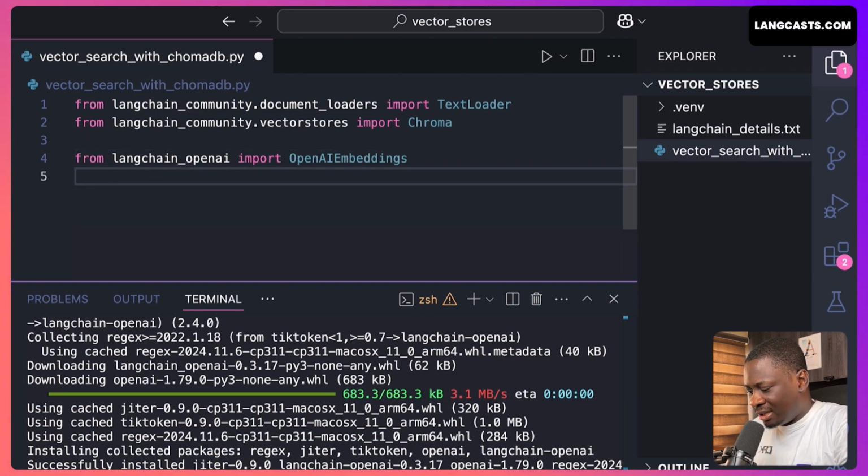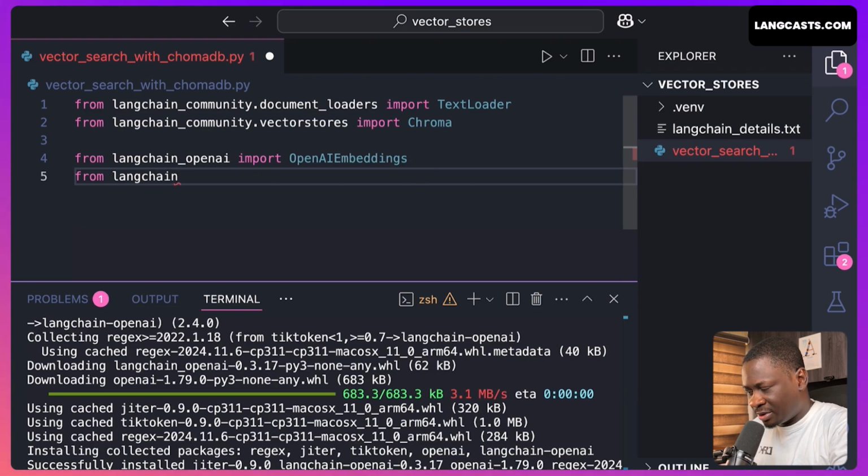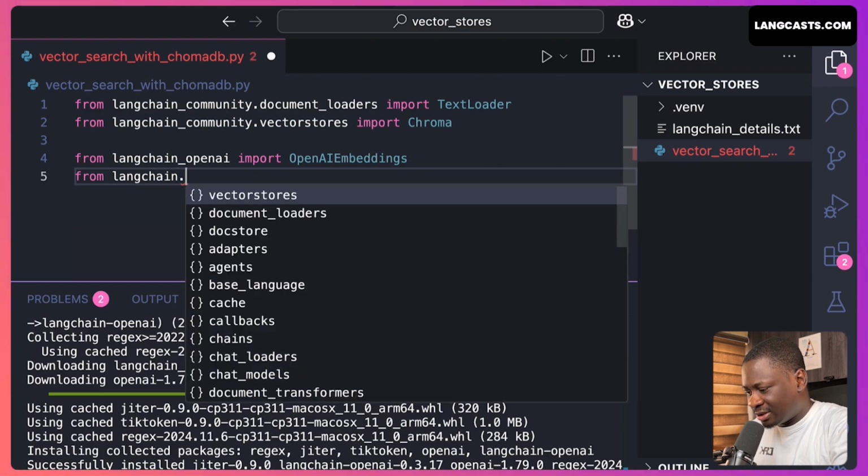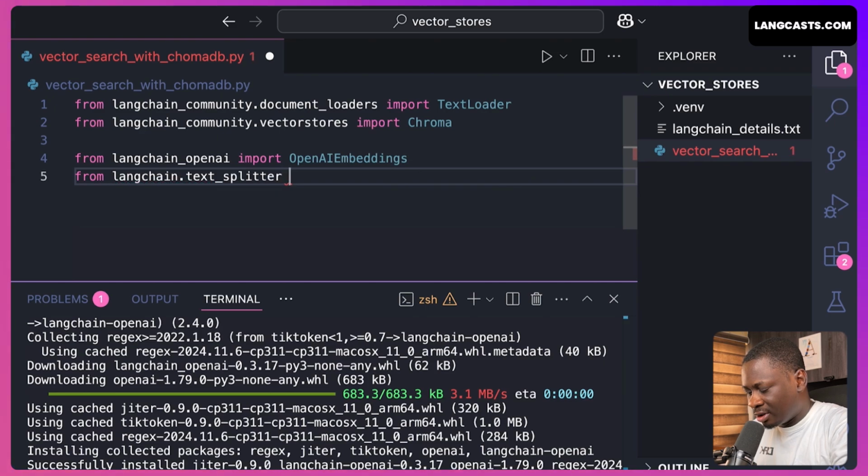So that's good. Another thing we're going to do, now this is not really compulsory, but let me just bring in the package first. From LangChain, let us get our text splitter. And from our text splitters module, let us import the recursive character